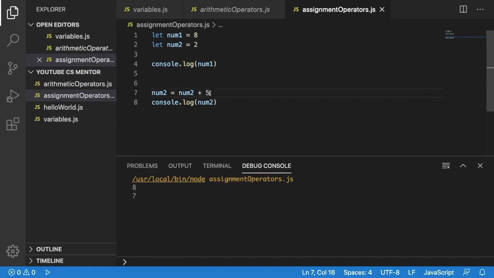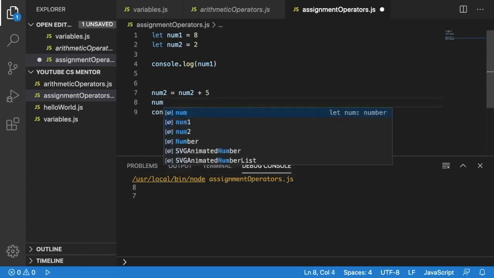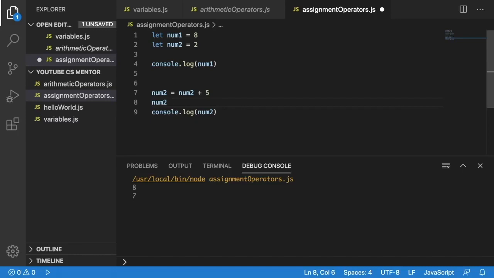So the idea is, rather than doing this here, we can also use our assignment operator in this case. The same thing to do would be num2 and then plus equals, and then whatever number we want. We're going to just pick 5 in this case. We're not going to see 7 when we run this program anymore, because if we think about it,